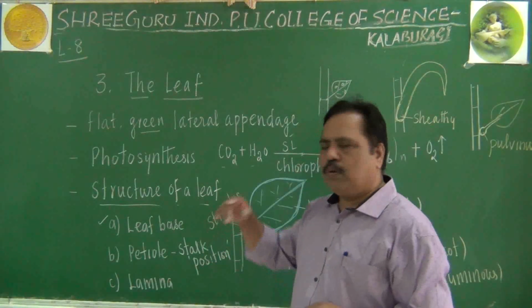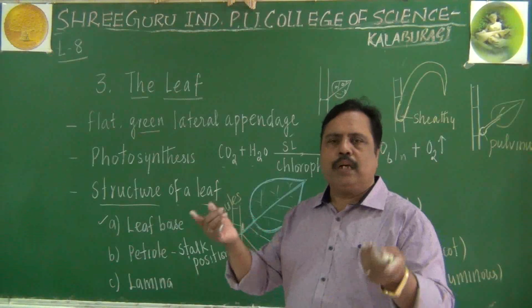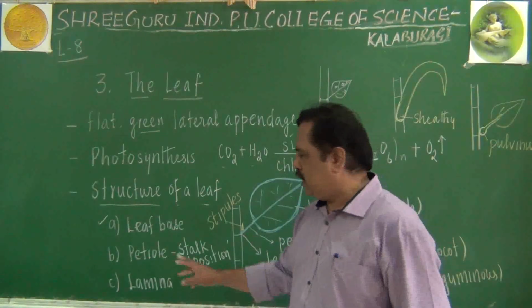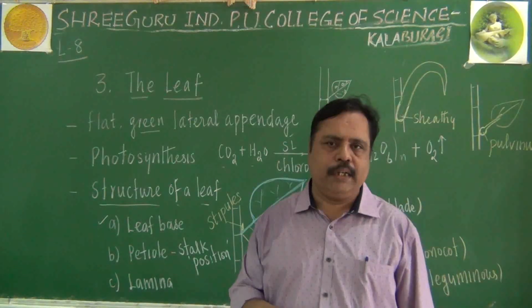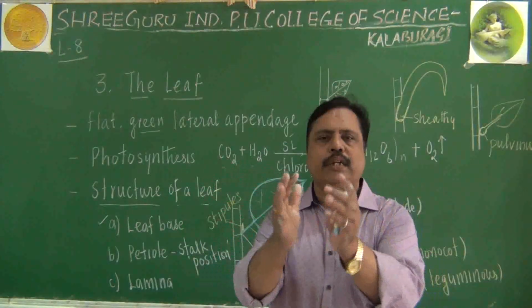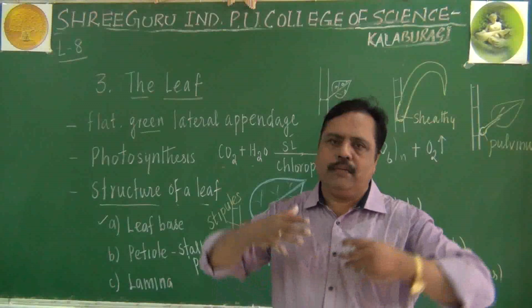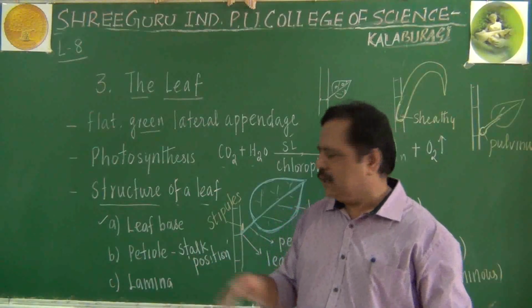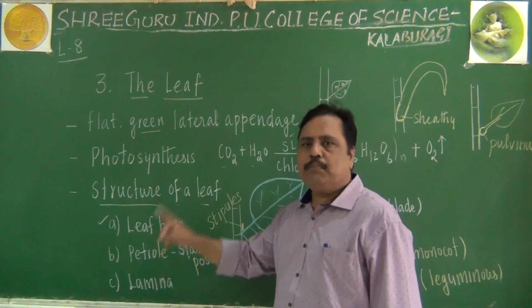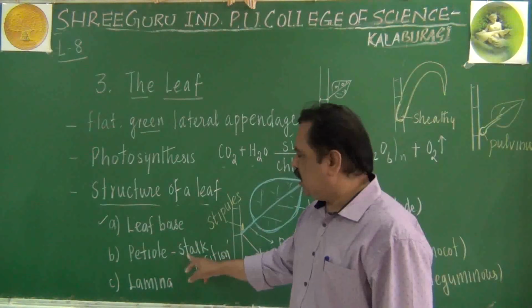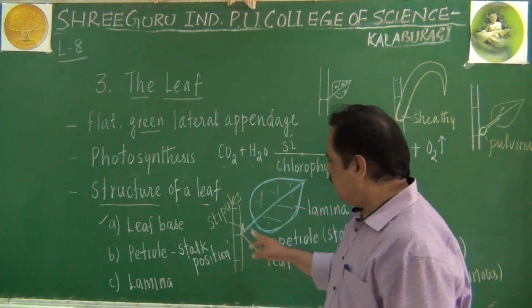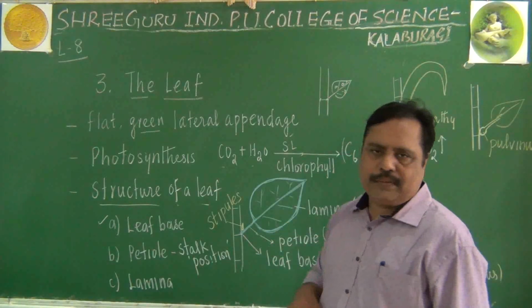Not only exposure to sunlight, but also to provide a cooling effect, the leaf must be positioned in a proper area. All the leaves will not grow in a cluster, remember. They will grow in different positions. For that, what is required? Petiole is required. So petiole refers to the stalk of the leaf. Base is different, stalk is different.